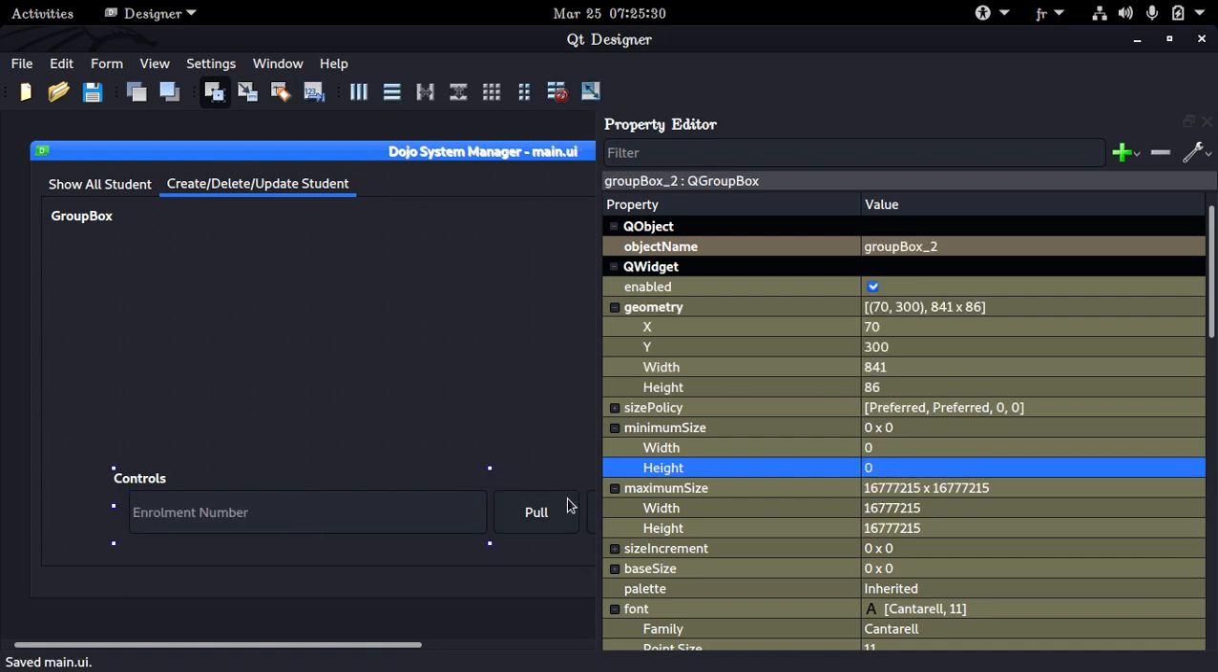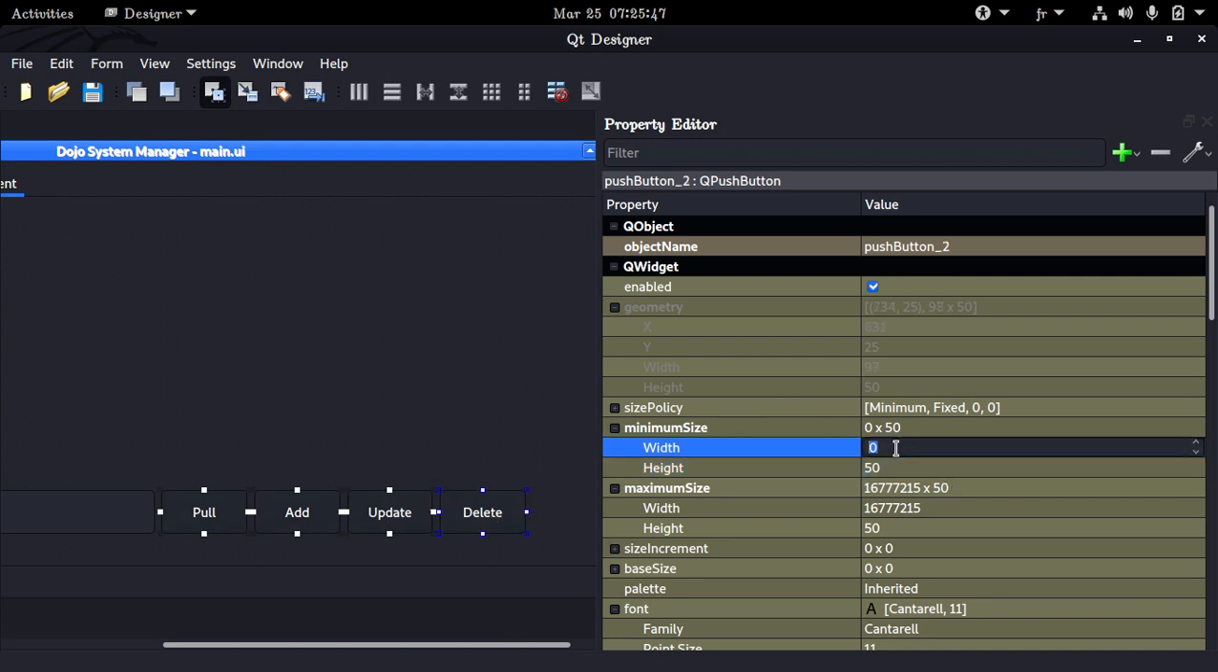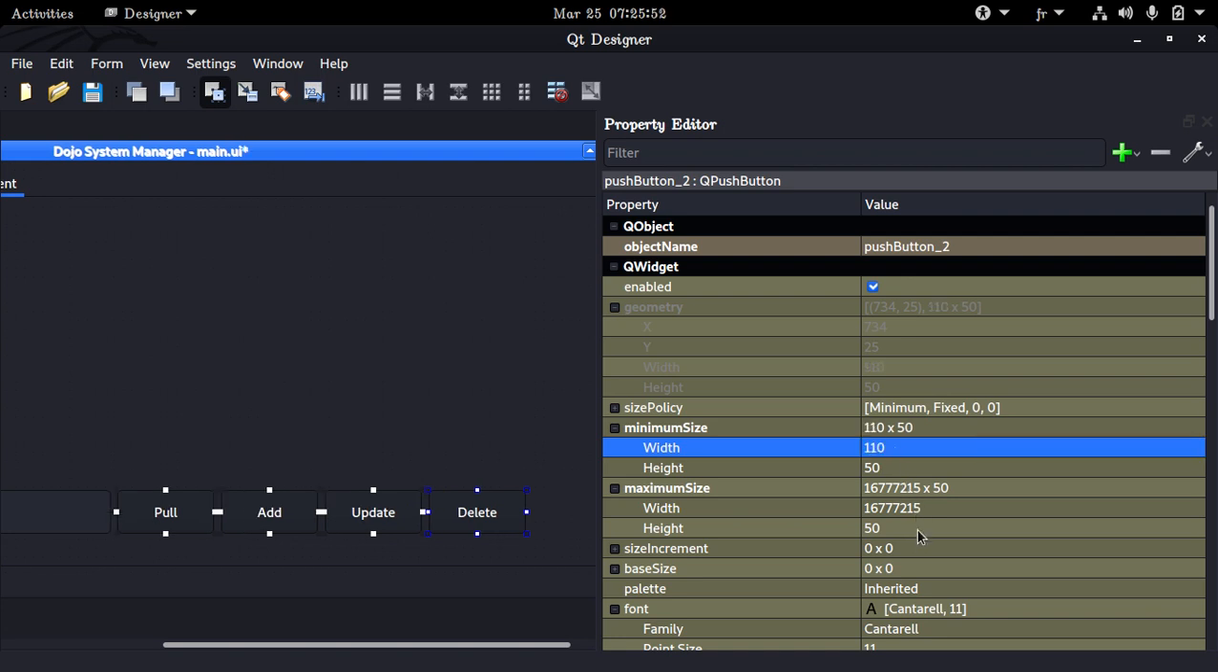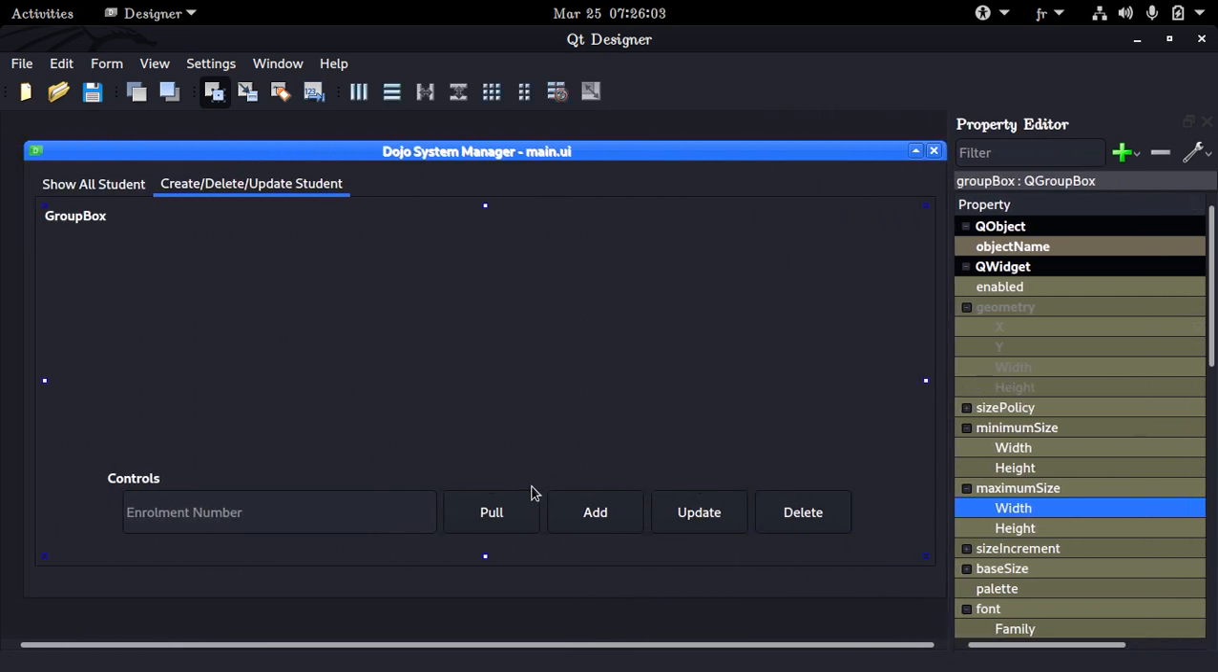Okay, these buttons as well. This one is 89, 98, so they need to be at least 110. That's the minimum size, and let's make the maximum size 110 as well, so we have no overlaps in there. Okay, this thing I guess should be